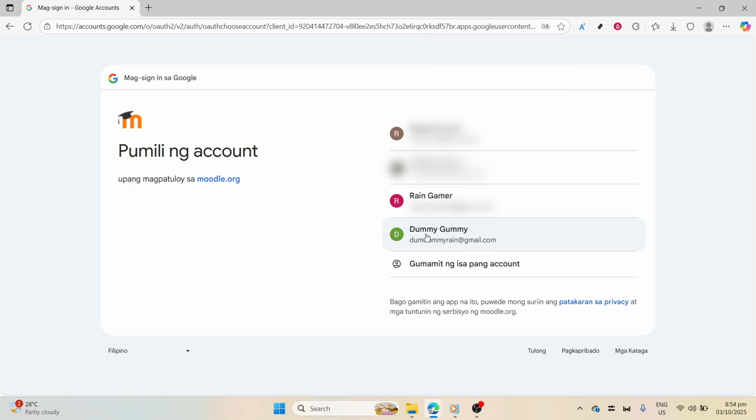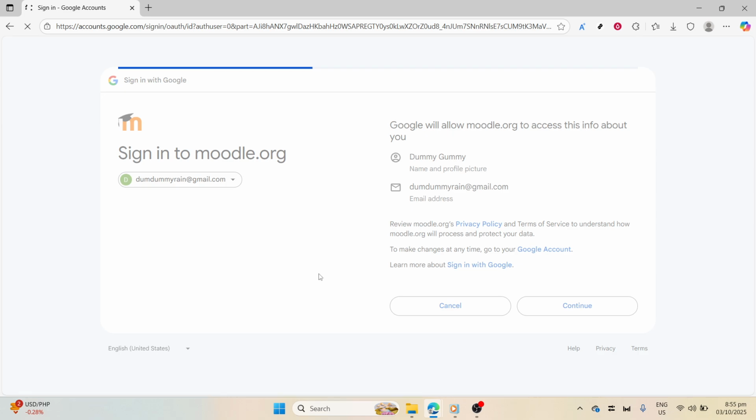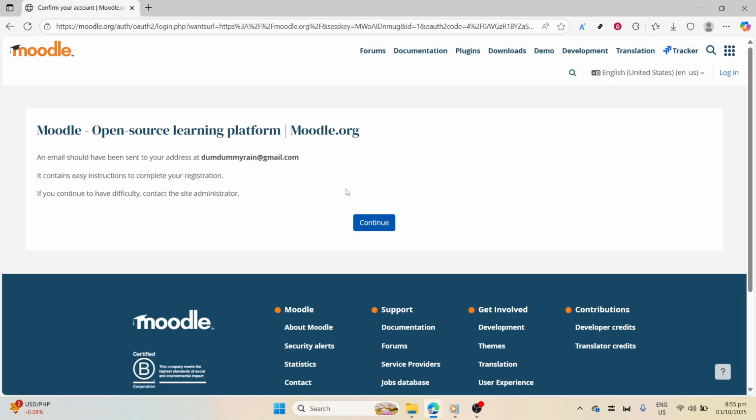Once you've clicked the Google button, a window will pop up displaying all the Google accounts you're currently logged into on your browser. If you see the account you want to use for Moodle, simply click on it to proceed. If not, you'll need to sign into your desired Google account. You'll do this by entering your Google email address and password when prompted. Remember, it's important to ensure that you're selecting the right Google account, especially if you manage multiple accounts, to avoid